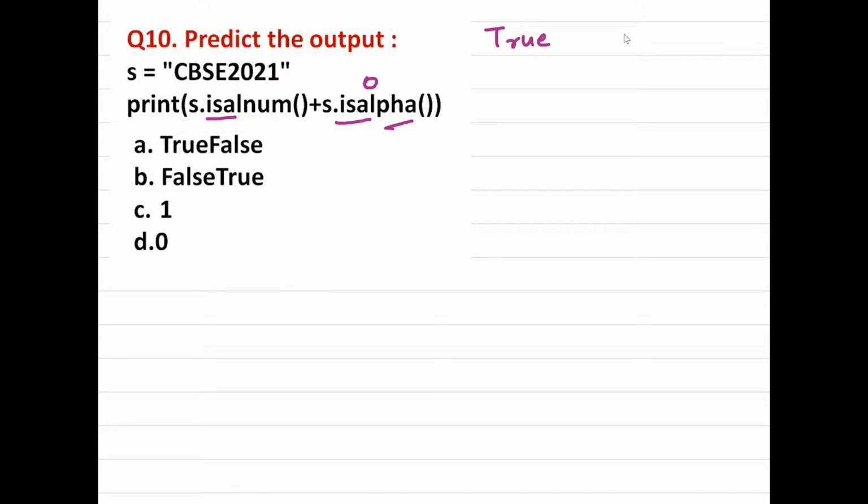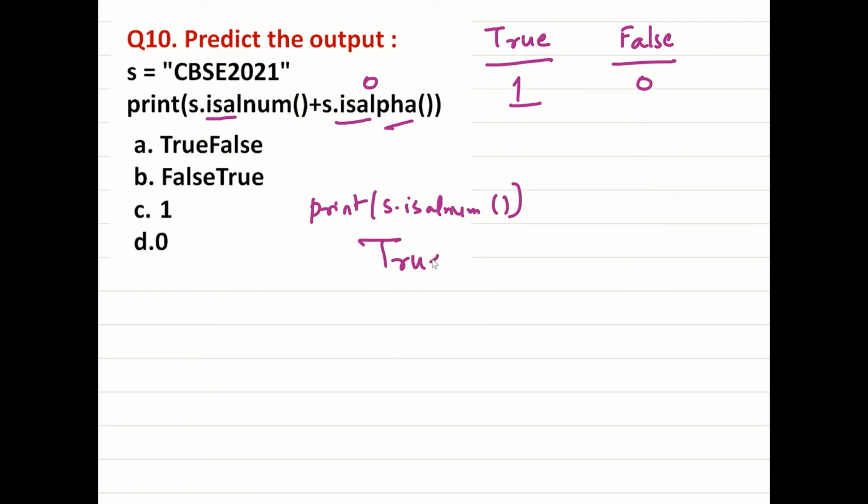If we talk about true and false, here you have to take care of the Boolean answers, true with a capital letter T. The value of true is 1 and the value of false is 0. When we simply find out the answer, it will show us true or false. If I simply write print s dot isalnum, this will check whether all the characters are alphanumeric. So this will return true. And if I use s dot isalpha separately,